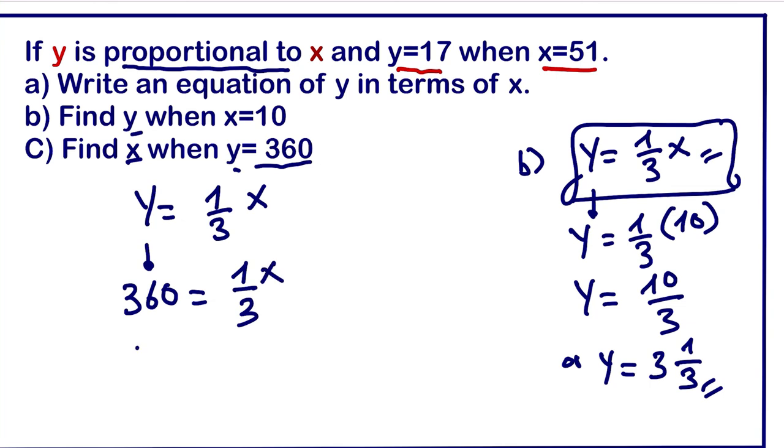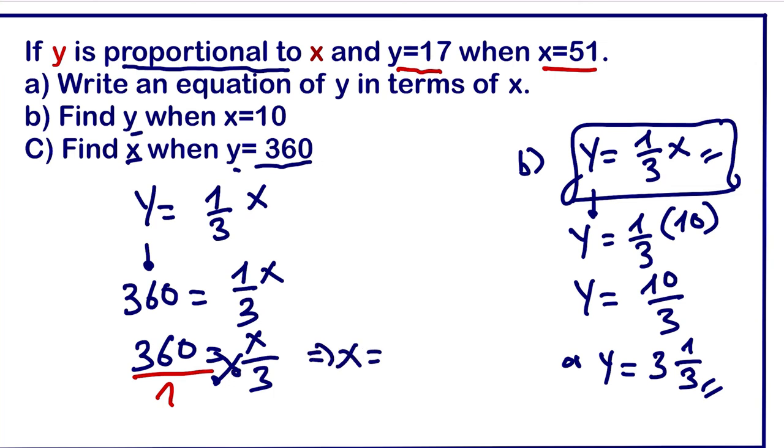So we have 360 equals 1 times x, which is x over 3. We can put 360 over 1 and cross multiply. 1 times x will give us x, and we'll be left with 3 times 360. So x will be equal to 3 times 360, which is